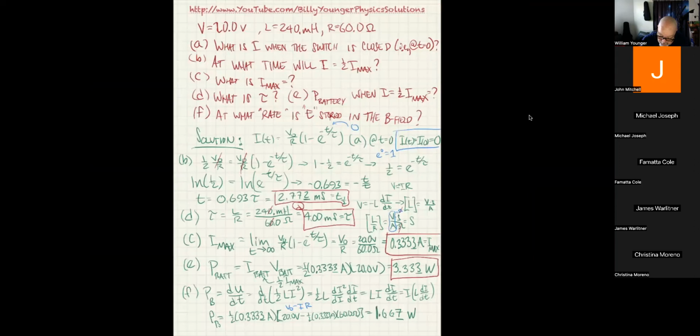So your book actually does a similar example, and then they ask you, where do you think the rest of the power is going? Anybody have an idea on that? It might help you to look at the circuit, for instance. The resistor? Exactly. And in fact, if you actually take P equals I squared R,